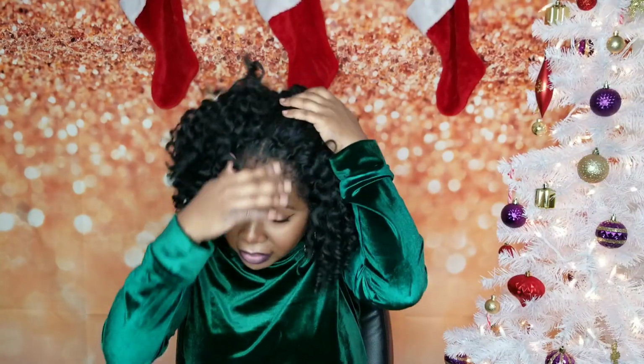I literally, the chunk of hair that I got, let's say there's 20 pieces in a pack or 10 pieces, I don't know, I installed it like that. So if I were you, I would not do tiny cornrows when you're doing this. Some people, there's a method to crochet braids. Don't do tiny cornrows when you have a thick strand of hair. If that's the case, you're going to have to separate each thick strand, because as you see,